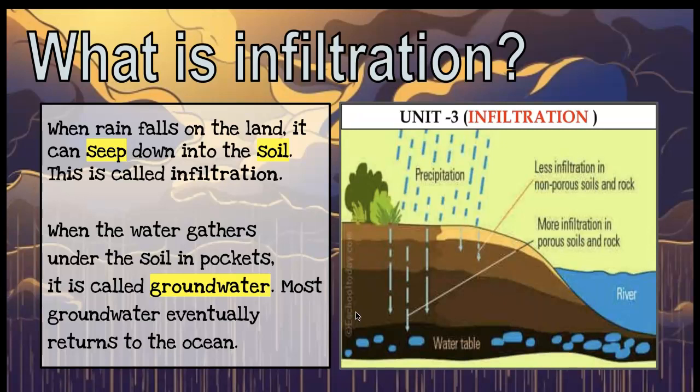When that happens, that's when we have groundwater, which is just pockets of water that collect under the ground. Okay, that can make its way back down into a water source like you see in this picture. It can make its way back to a river or an ocean, but it's always underground. So infiltration is when that soil grabs onto that water and it seeps down and creates groundwater.